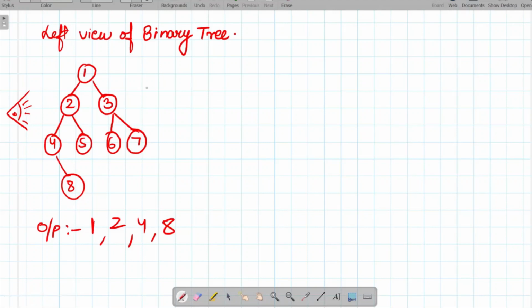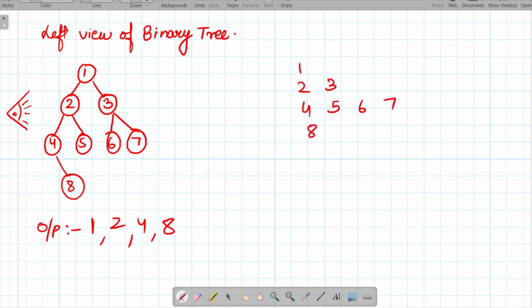It is not very complicated if you have already seen the video on level order traversal of a binary tree in line by line fashion. If you have not seen that video, please have a look at it first and then revisit this video, because in that video we saw how we can traverse a given binary tree level wise and line by line. So this kind of output we were getting in that case.